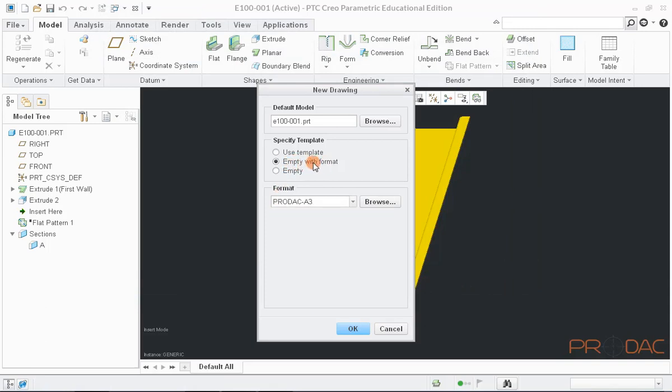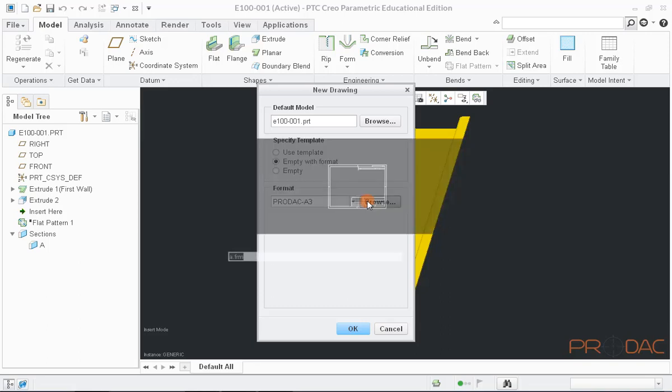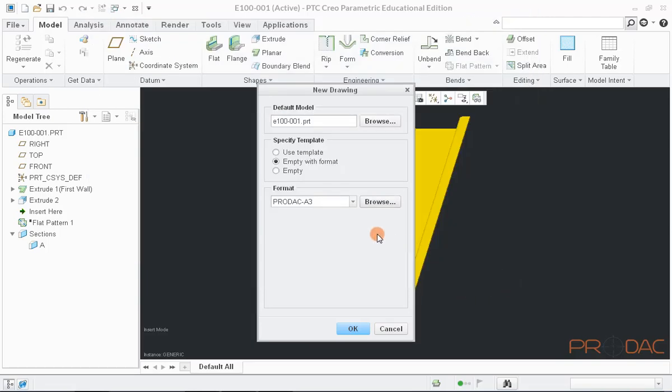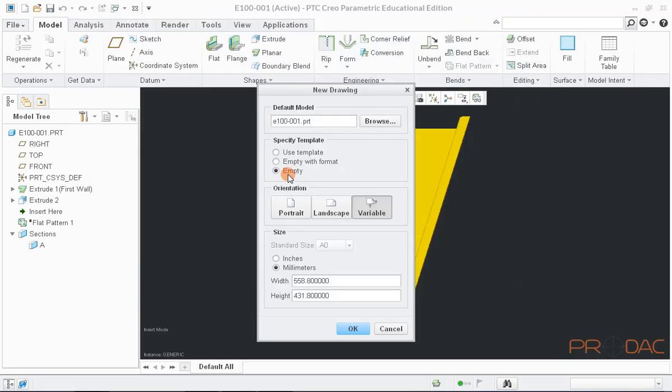Second option is empty with format, where drawing format would appear without any drawing views. Let us browse the format by clicking on Browse button. You can see various format and sizes are available. The last option is called Empty.